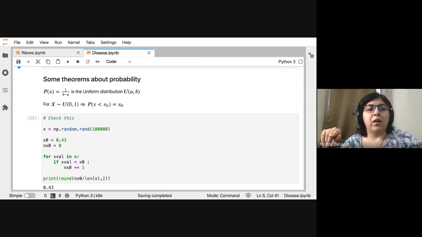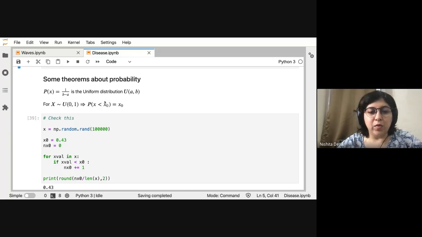Because you want the full integral of your probability distribution over the entire limit to be 1, it gives you the normalization factor 1 upon b minus a. If a is 0 and b is 1, then the probability distribution is just 1 everywhere.